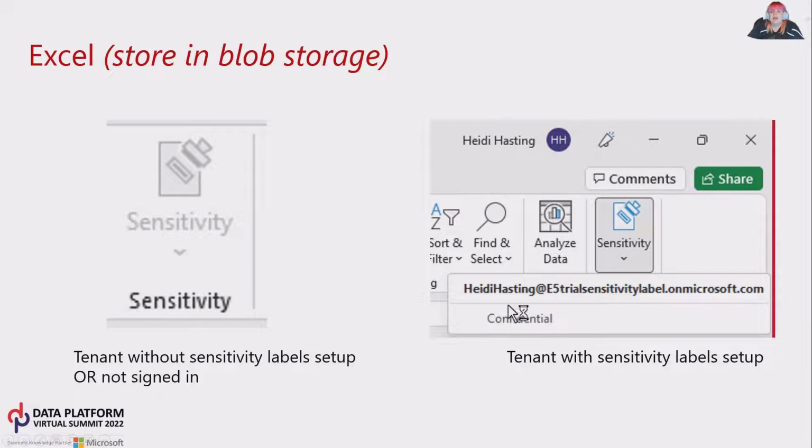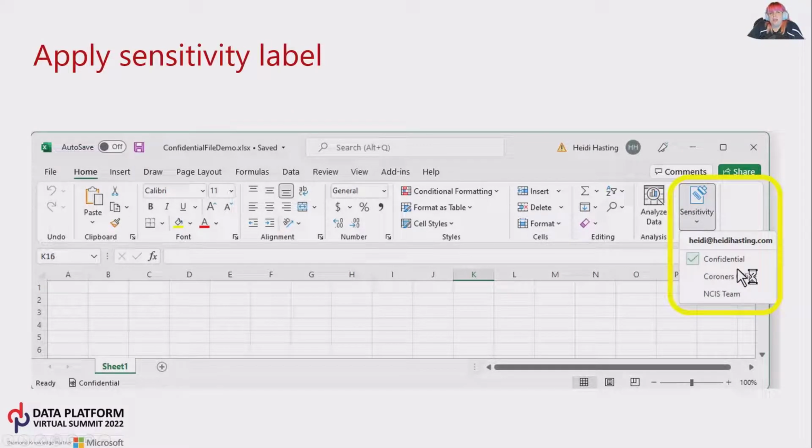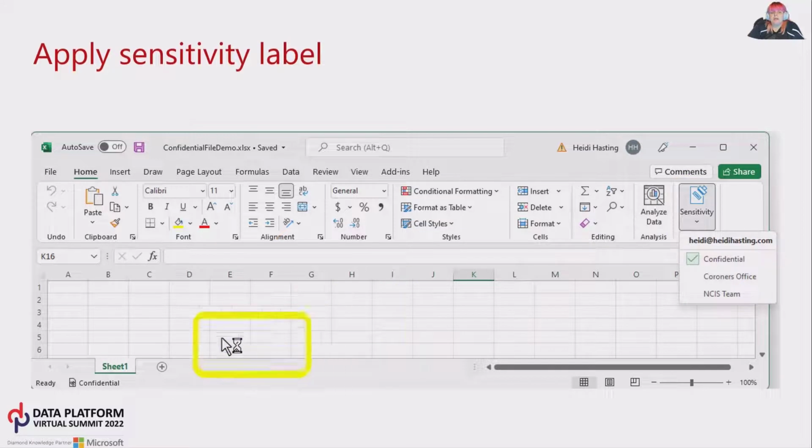So if we go ahead and apply that label to an Excel file, we would select it from the menu. And once we've done that, it will place the sensitivity label within the status bar down the bottom left. So now if we were to open an Excel file, we would be able to see straight away if the sensitivity label is applied. Bottom left, you will see the information. So if someone gives you a file that's different, you will see the different sensitivity label as long as you have access